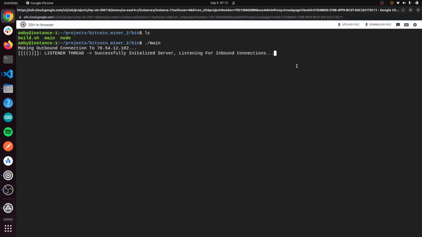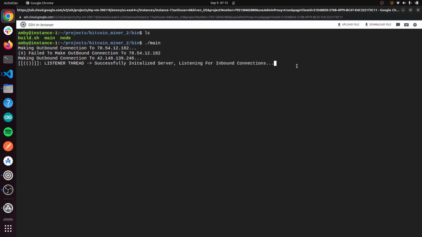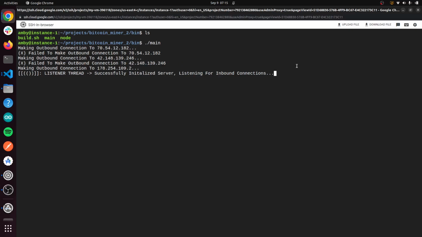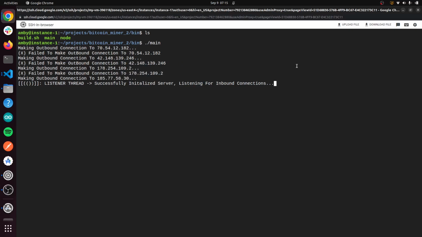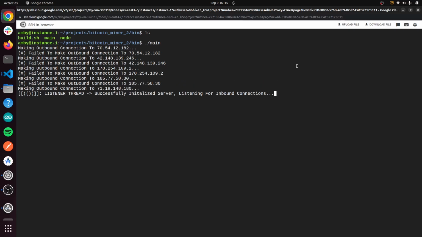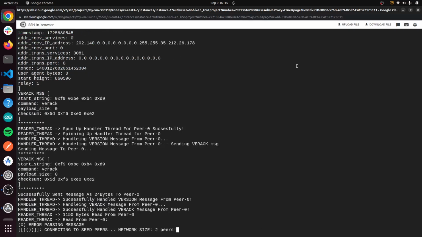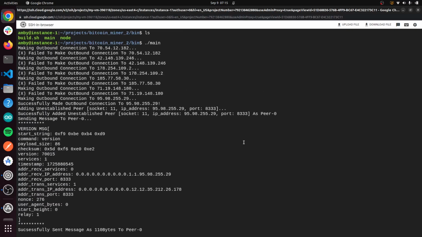So I run the code, and it says it's making an outbound connection to this IP, and it fails to connect. Essentially, there's a file that has seed IPs for Bitcoin machines that we could try to connect to.